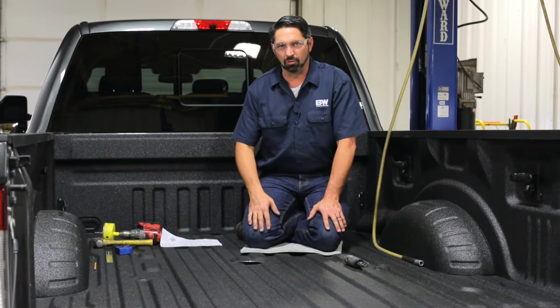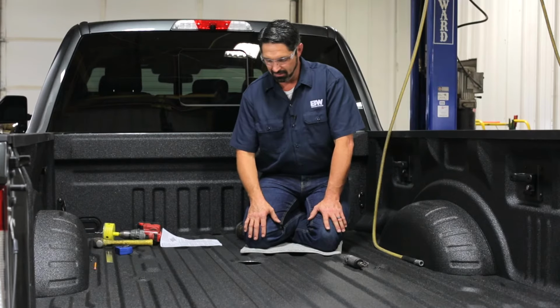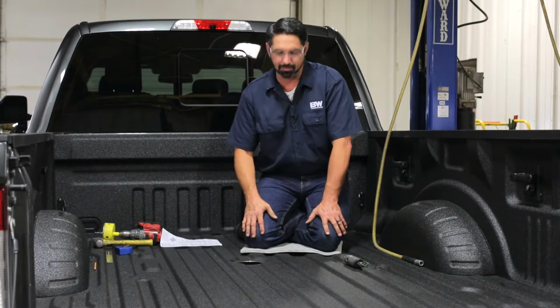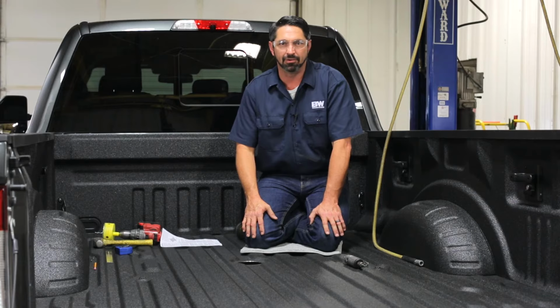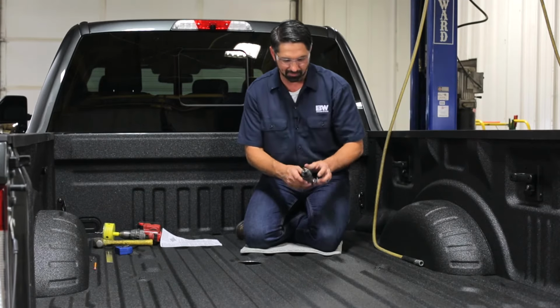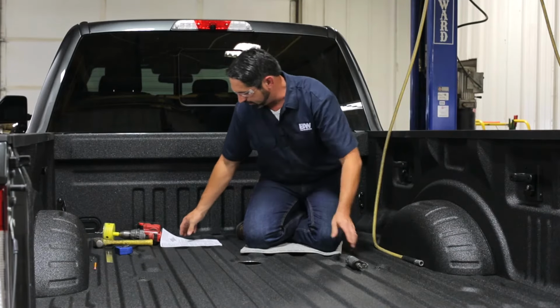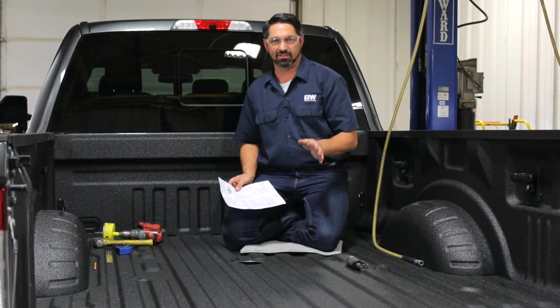After you cut the 4-inch hole in the bed, it's a good idea to eliminate any tail filings that might remain. This will help ensure that the center section goes up into position a little bit easier later in the installation. You can use a hand file to do that. In this case, I'm going to use a powered rotofile. But before I do that, now's a good time to pause and point out the fact that in 2017, the